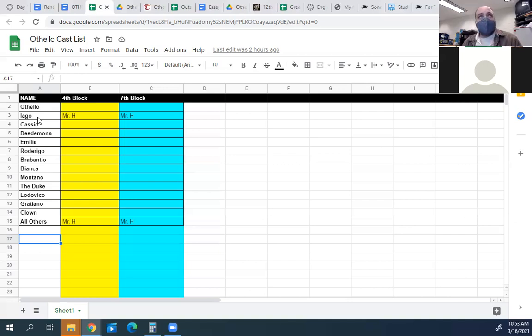Iago, who has the most lines in the play, even though the play is called Othello, is the antagonist of the story. He wanted to be Othello's second in command, but was passed over for the job when it was given to Cassio. And Iago comes from a middle-class background. He's married to Emilia, and he's an ambitious guy who has wanted to achieve a lot in his life and feels like he has been limited by Othello and is very jealous and angry about it. He's also racist. He doesn't like Othello because Othello is Black. He's also sexist. He doesn't much care for women, and you can see that in his dialogue.